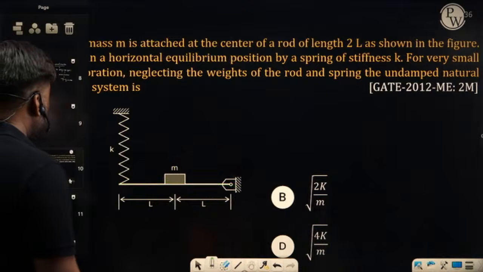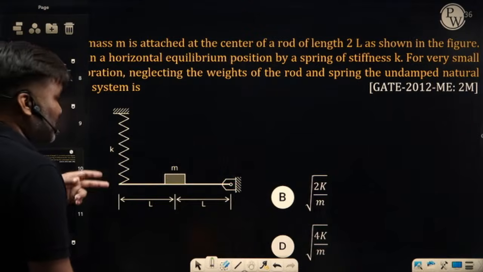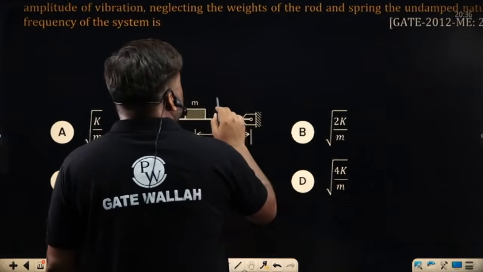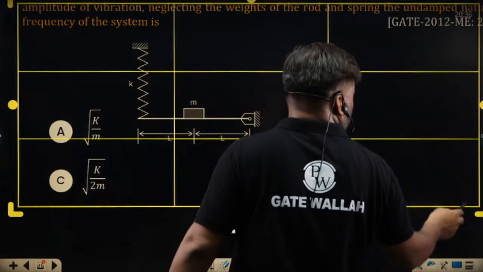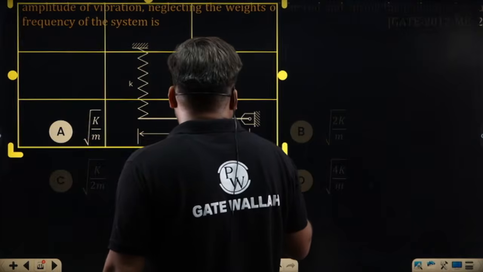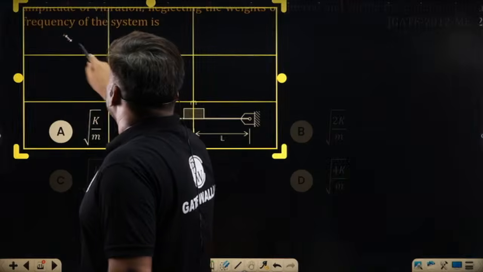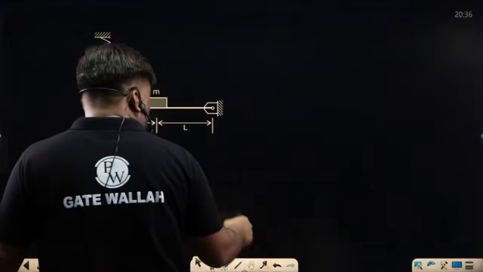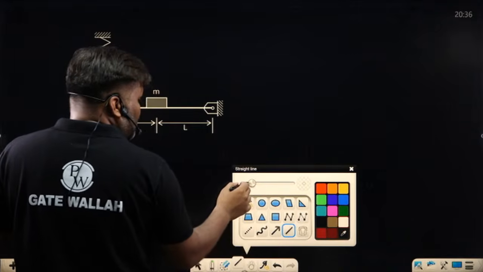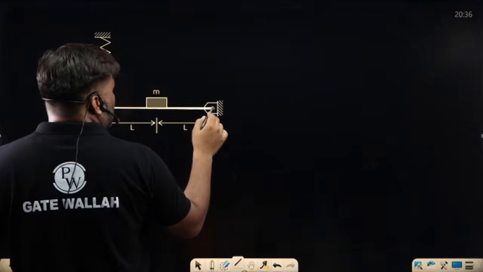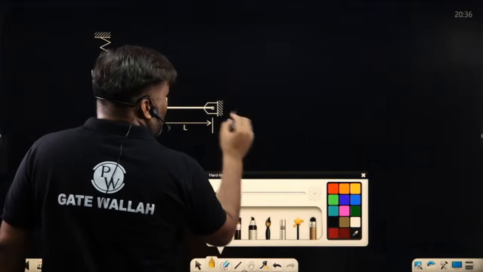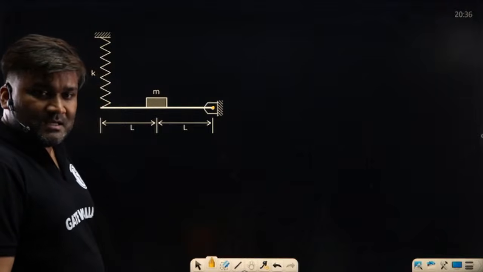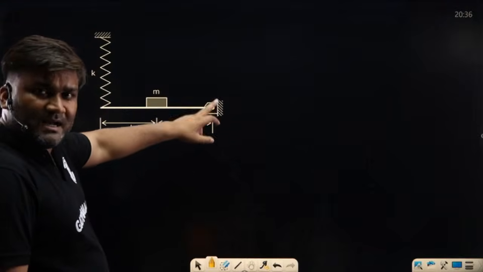Can I solve this question by what method? Can you tell me? Sir, I can solve this question first of all by, what? Can I use torque method? Sir, definitely I can use torque method. Why? Because I can see the rotation. This is the rod, and the setup is rotating about this end. So I can see the torque. I can feel that this is eccentric and I can apply torque method.